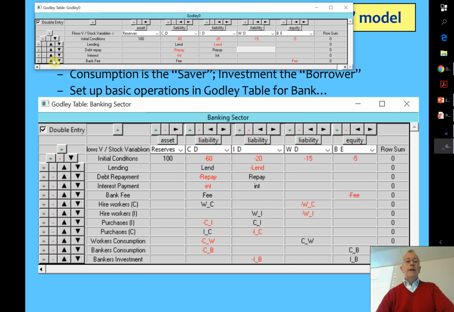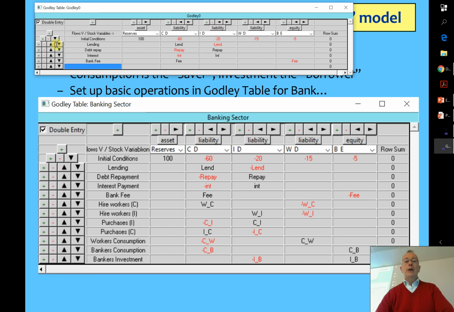Now, I've made this moderately complicated because we are talking about two sectors. So there's quite a few steps in getting a complete model of the financial flows that are going to apply. And obviously, there's going to be hiring of workers by the consumption sector, and that means there's going to be a payment from the consumer sector, and I'm calling this W_C for wages from the consumer sector. You can use anything you like. You could use Swahili in there if you want to.